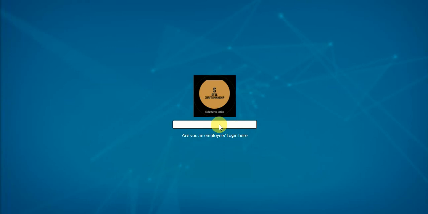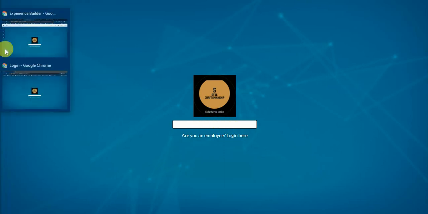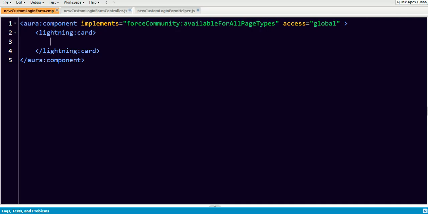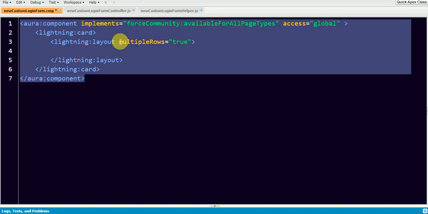So now I'm gonna add a lightning layout in our component here. I'll go back to my developer console. Inside this lightning card, I'm gonna add a lightning layout, and I'll make use of the attribute called multiple rows. I'll make this true. Multiple rows is equal to true. So inside this layout, I'm gonna add my layout item